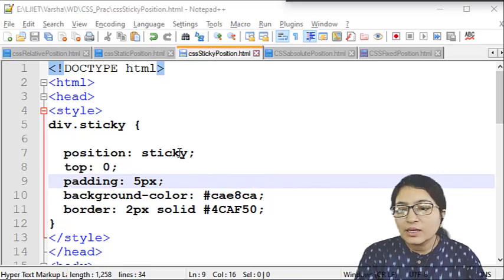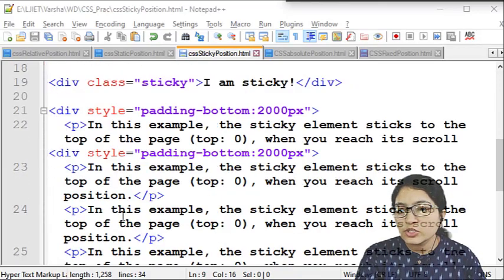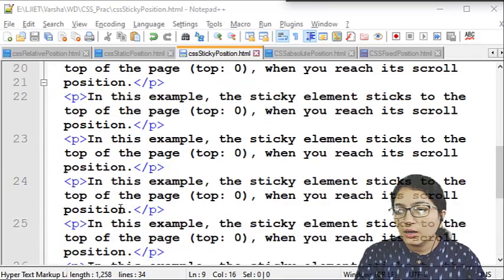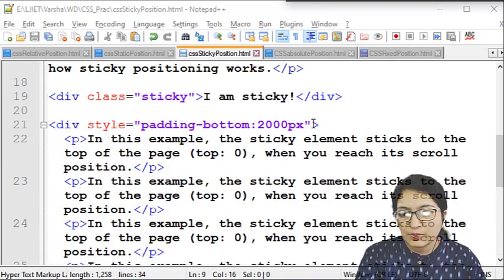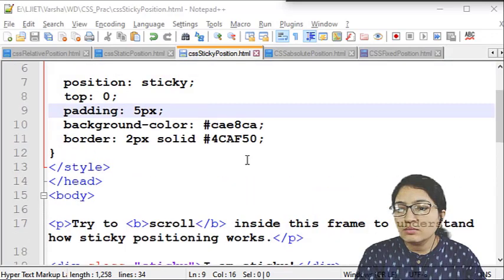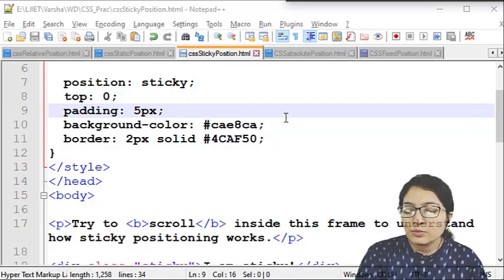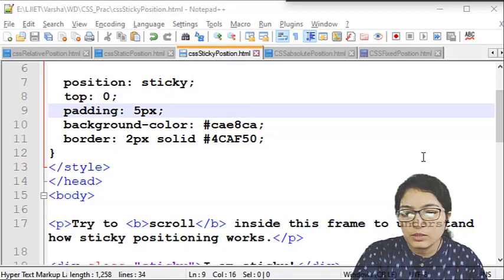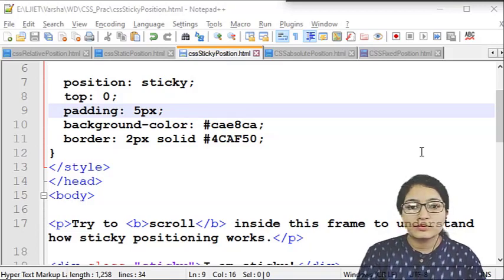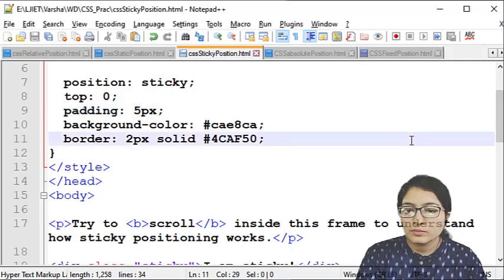Now let's see another position, that is sticky. For this division we have defined its position as sticky. Whenever you scroll down your document, its position will stay sticky, so it will not be affected by the scrolling. Let's see this output.